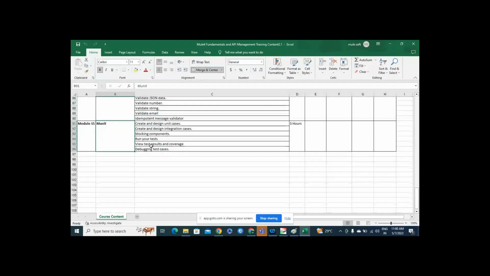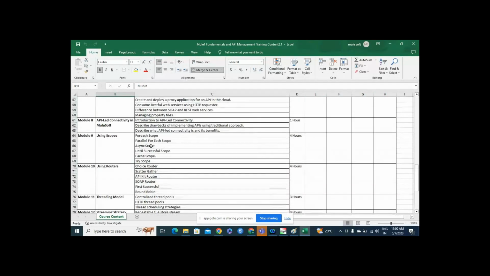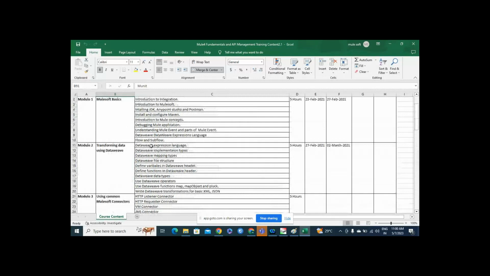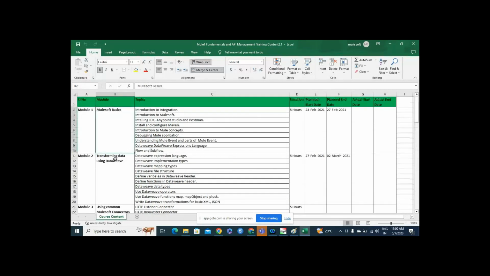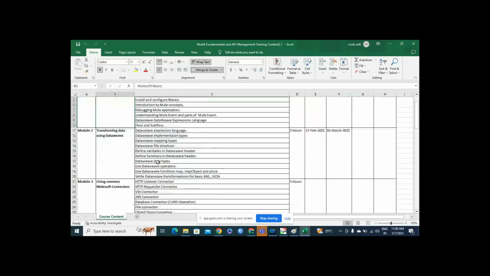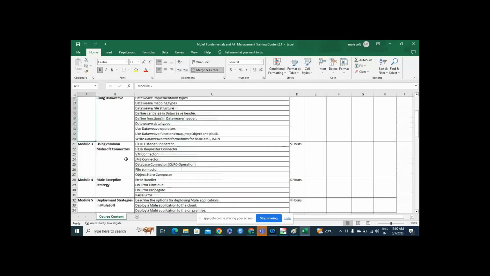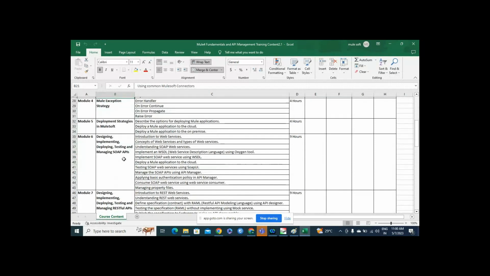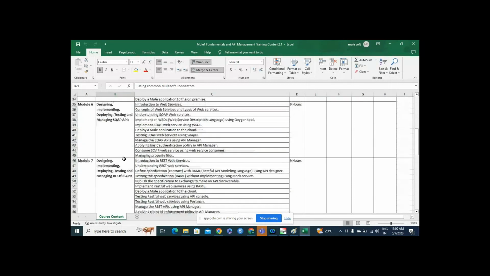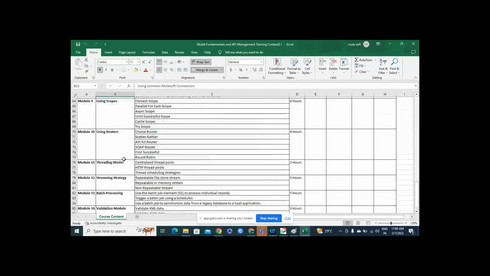I have explained each and everything. I have categorized it into basic modules. Earlier, you remember, there is only 10% coding and the remaining 90% is integration.